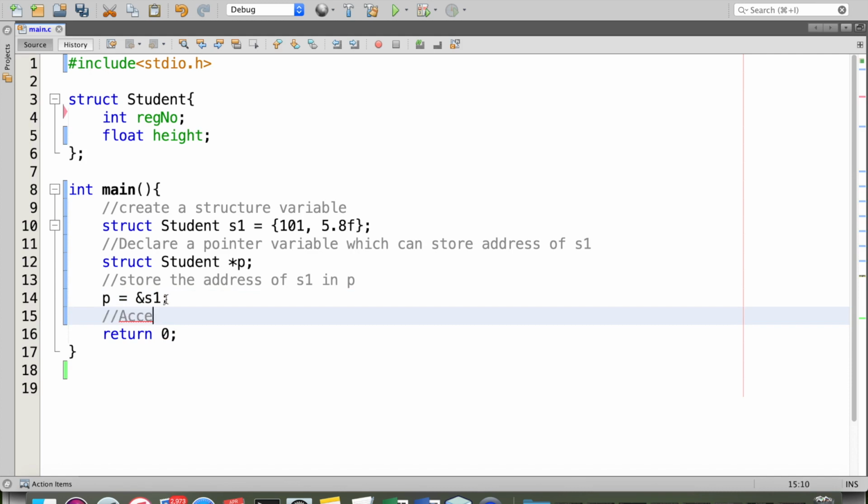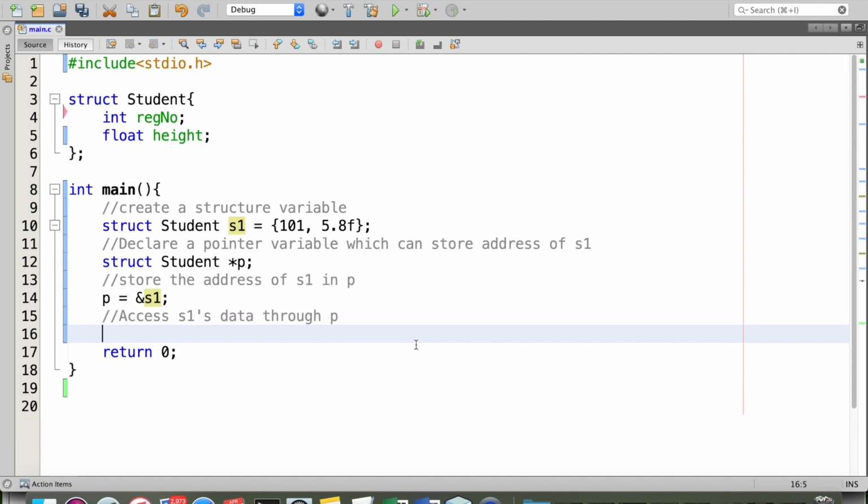Now we are going to access the S1's data through P. So access S1's data through the structure pointer variable P. We are going to display that by using a printf statement. Register number is %d, and let us put a slash n so that it goes to next line.